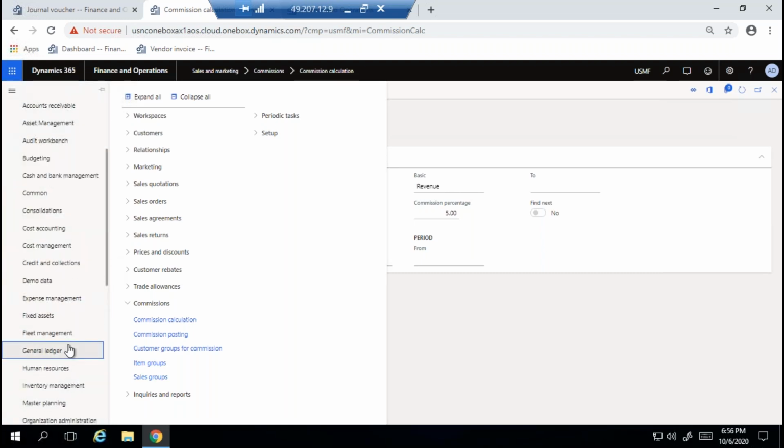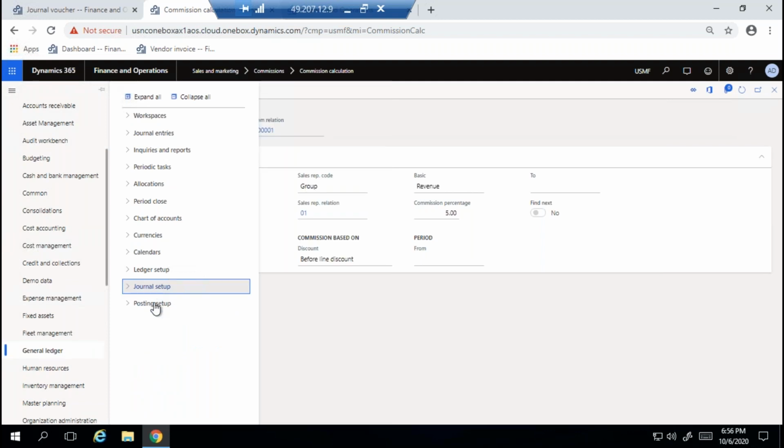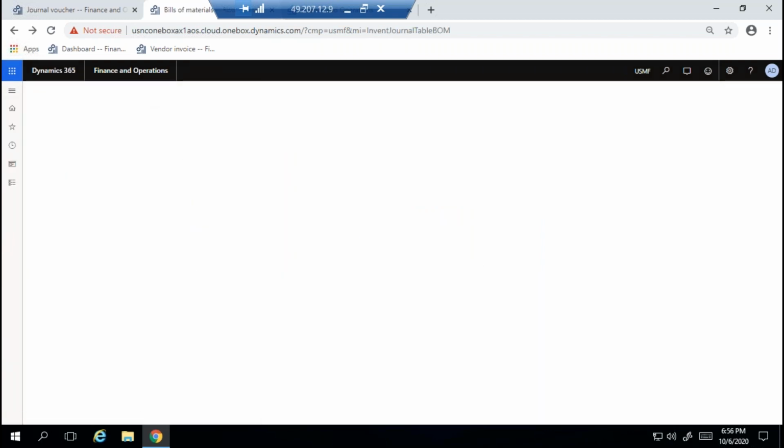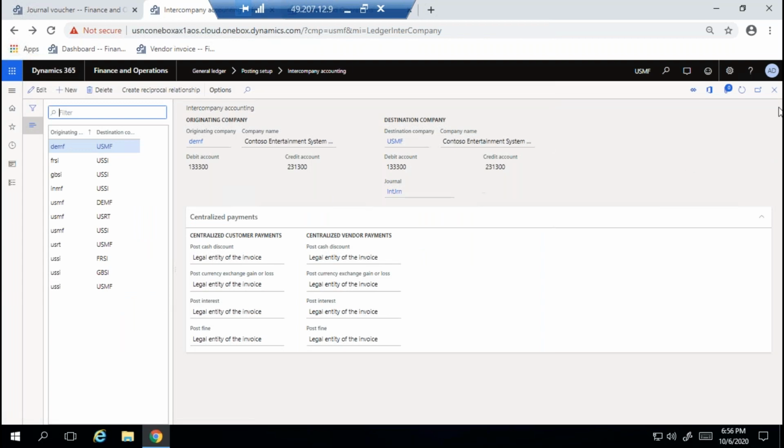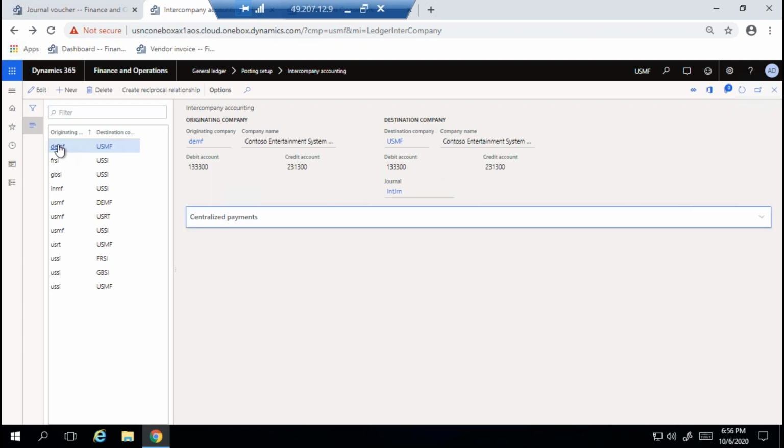General ledger, posting, intercompany accounting. Here in General ledger posting you can do intercompany. In this, I told you clearly. USMF versus DEMF, or DEMF versus USMF.